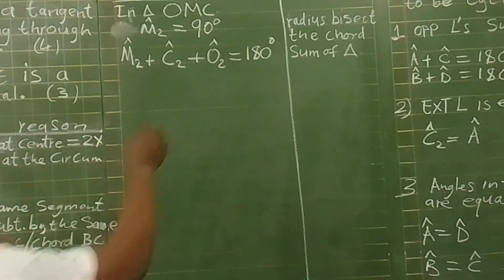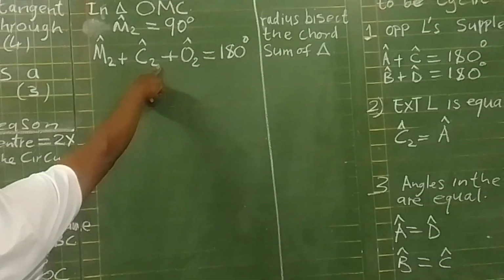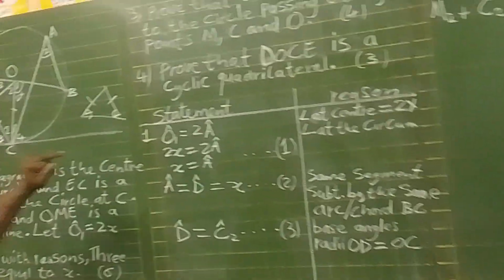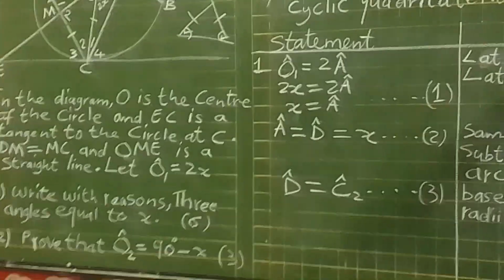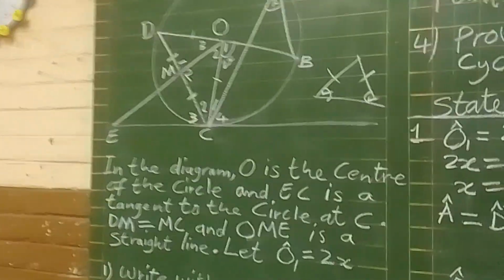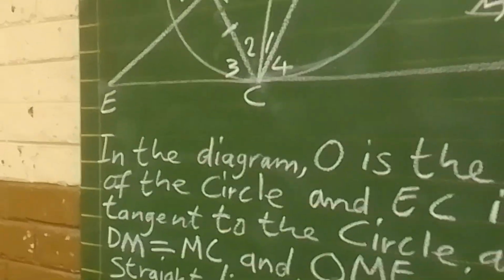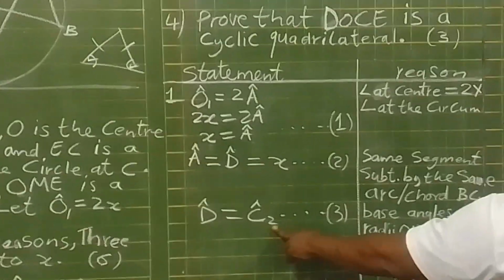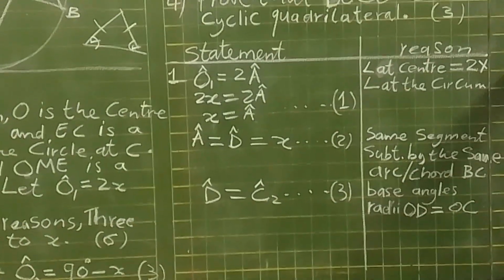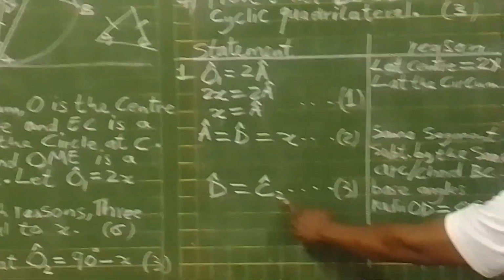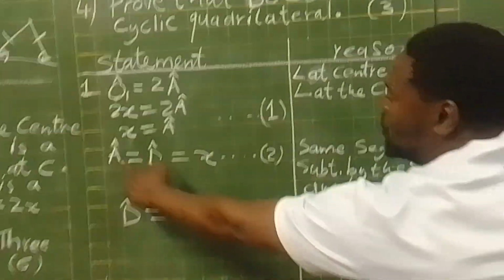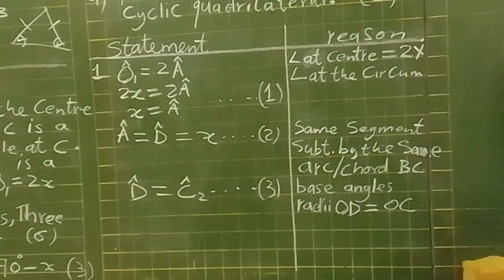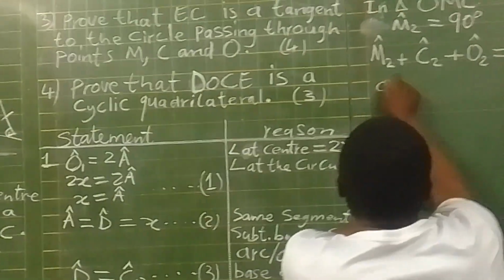They want us to find O2. What is C2? When we come here, we say that C2 is equal to X. We calculated it here: D is equal to A is equal to X. D is equal to C2, which means C2 is X. Right, C2 is X. We have 90 degrees